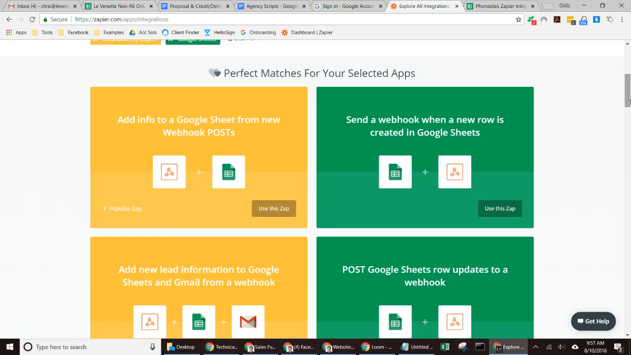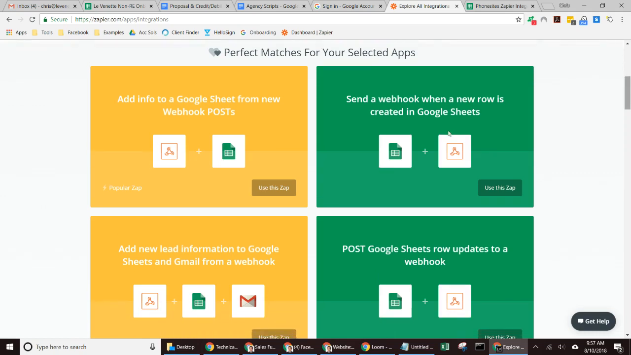use here, including like if you're going to try to integrate with something else, like even Gmail or something like that. All that you really need for this is you need to add info to a Google Sheet from new webhook posts. So essentially what's going to happen is someone goes through your funnel, when they submit data from a page into the fields that you've set up, like the name field and so forth,